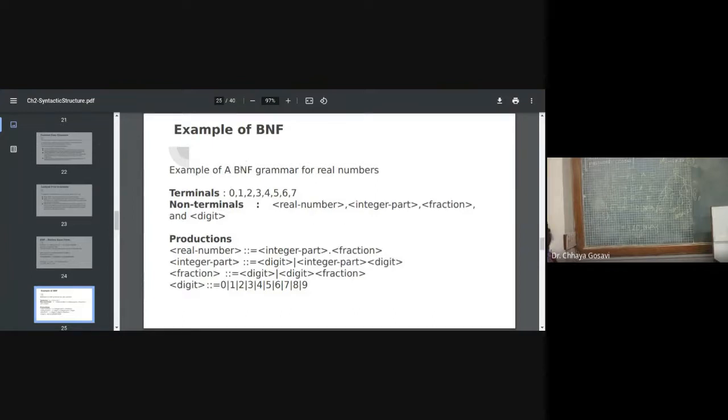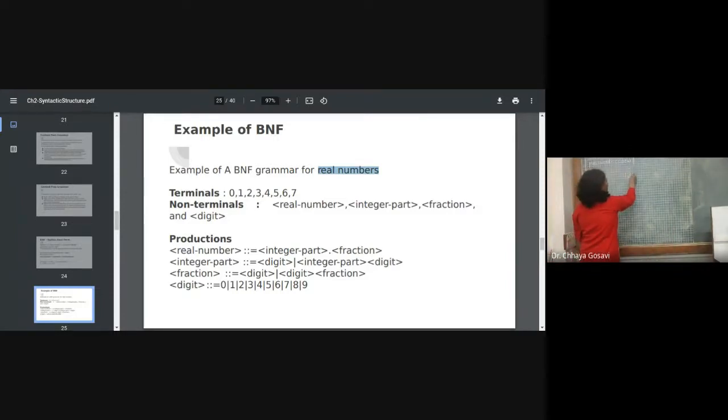So this is a BNF grammar for real numbers. Real numbers means floating point numbers. If you want to define a grammar for a floating point number, how can you define it? How to define a floating point number?